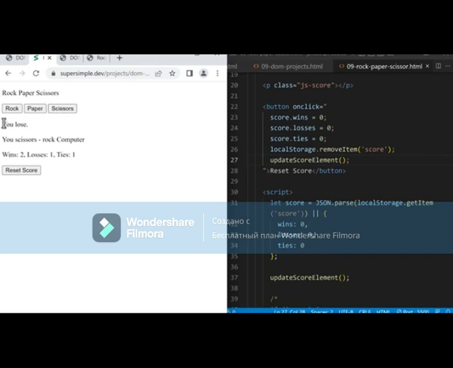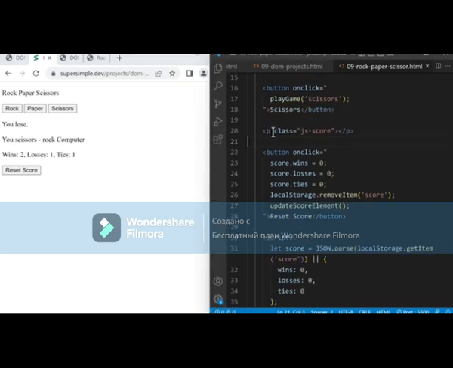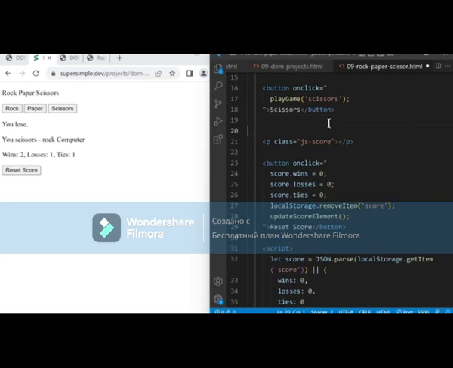And now we're going to work on this section. We're going to show the result and the moves that we picked on the page. So first, let's create some paragraphs for these as well. We'll go to our HTML, and above the score, let's add a <p>. This is going to be the result. So let's give it a class of